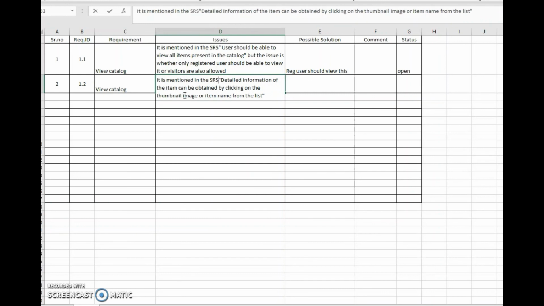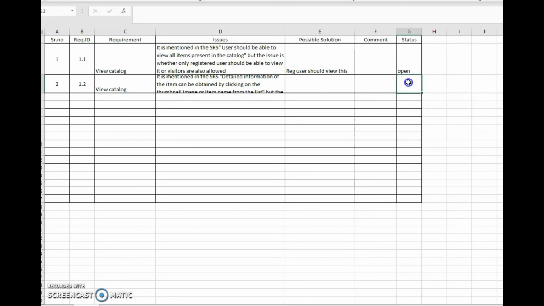Mention what is in the SRS, and whatever your issue is, the issue is so and so. You keep the status as open. So this is how you actually perform verification.